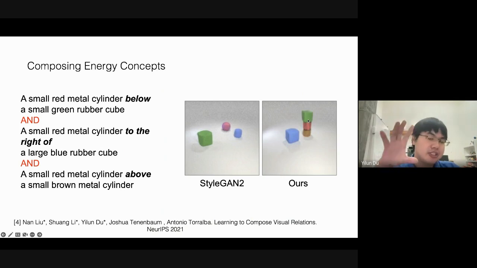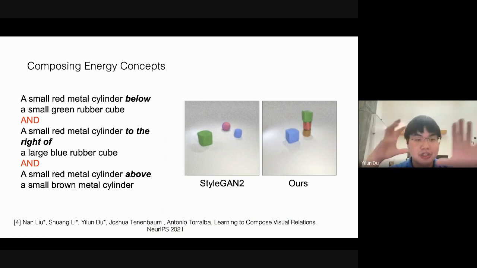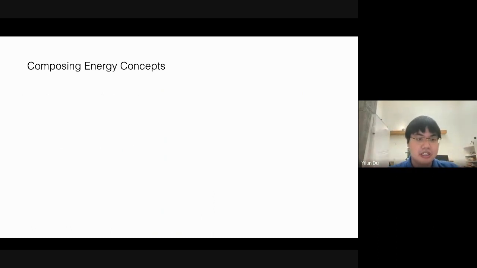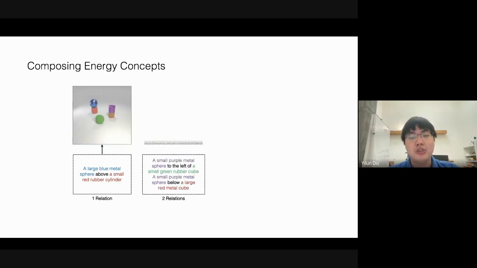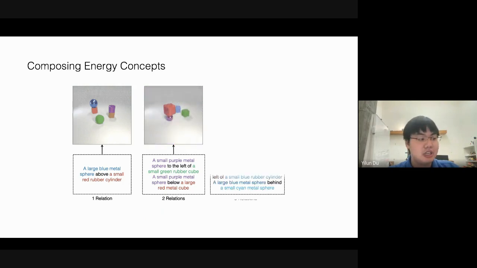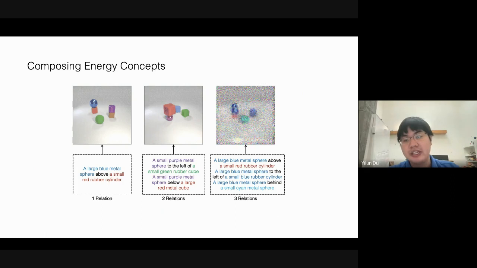And then in contrast, you can't really do this with traditional generative models because they're not really composable in nature. So you can't just compose them with respect to each other. And then here's a more visual illustration. When you have a single relation, you generate an image with that single relation. When you have 2 relations, you generate images with both sets of relations. When you have the 3, you similarly generate images with 3 sets of relations.